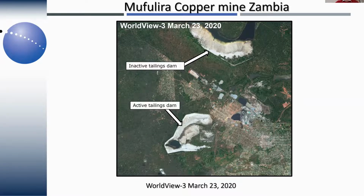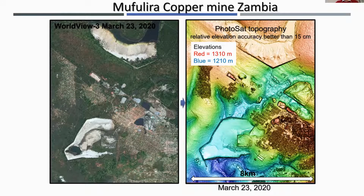Okay, so the first thing we did is we took that stereo imagery and we produced a new topographic surface of the entire area. A good starting point, you always need a new surface. It also gives us a lot of survey data in inactive areas that we can use for reference. But we're trying to evaluate the history here. So at the very least, we need an original ground surface, but this facility started in the 80s. So there is no existing topographic surface available unless you go into the archive and you try to see what's